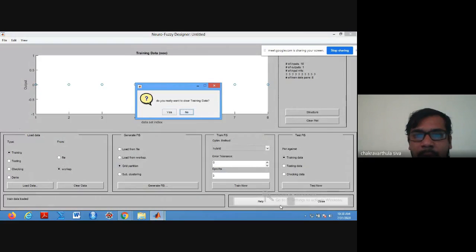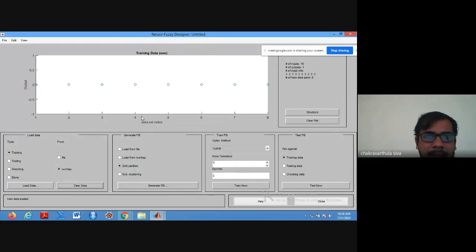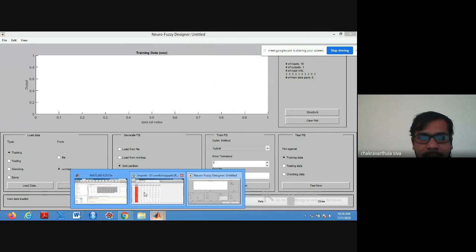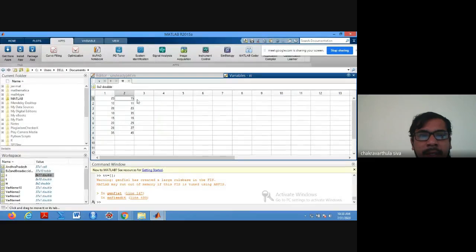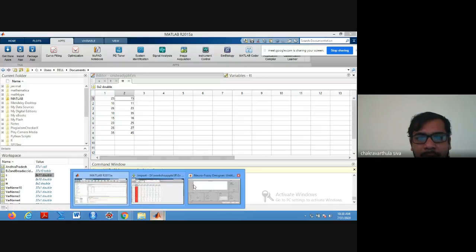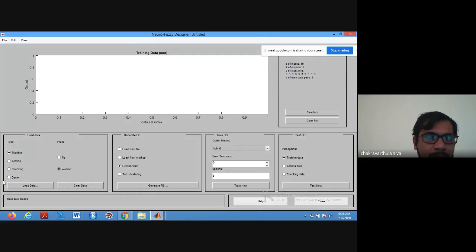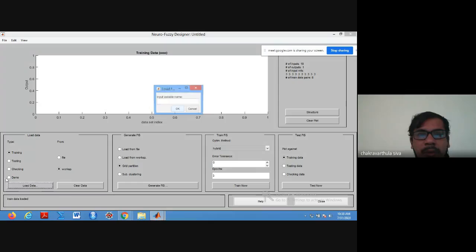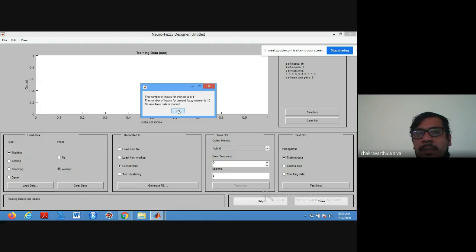Now I'm going to upload the data of tt once again, because in the tt we have only two columns. You see in the tt we have only two values. So take input variable as tt. Already there.